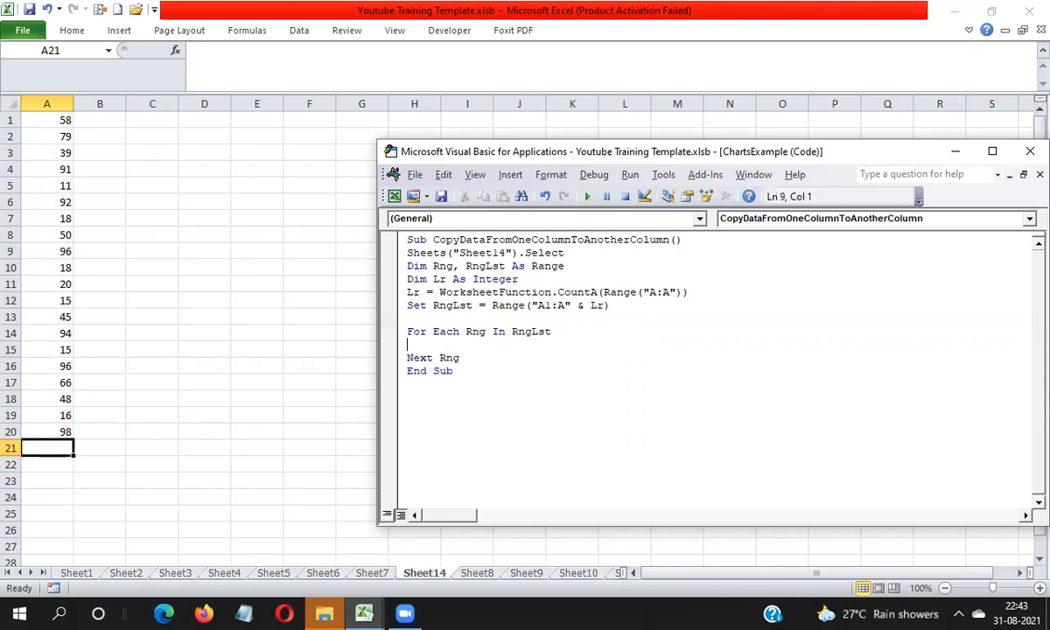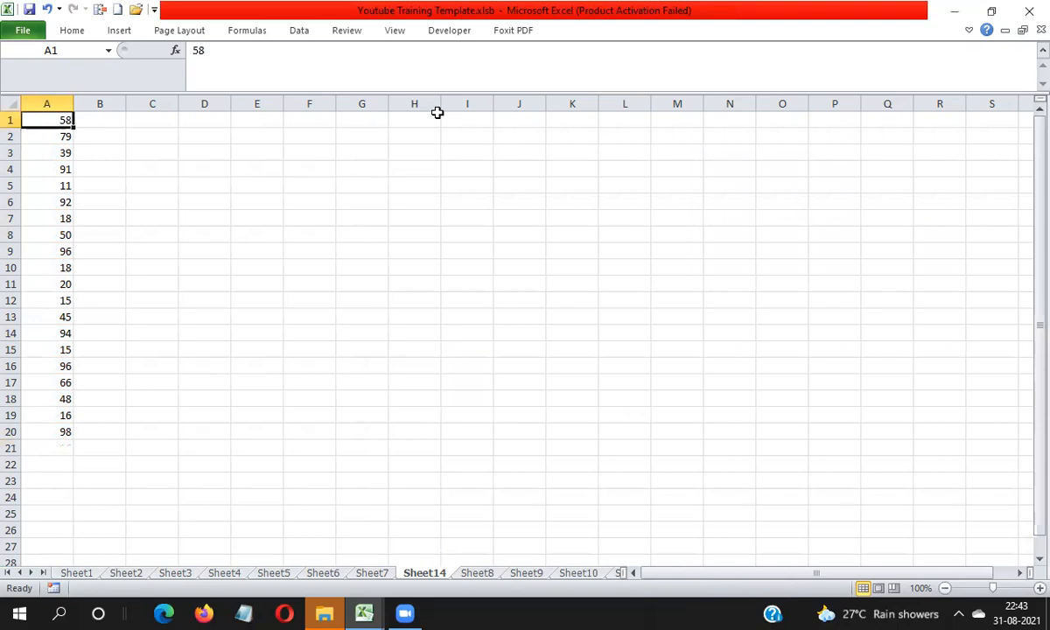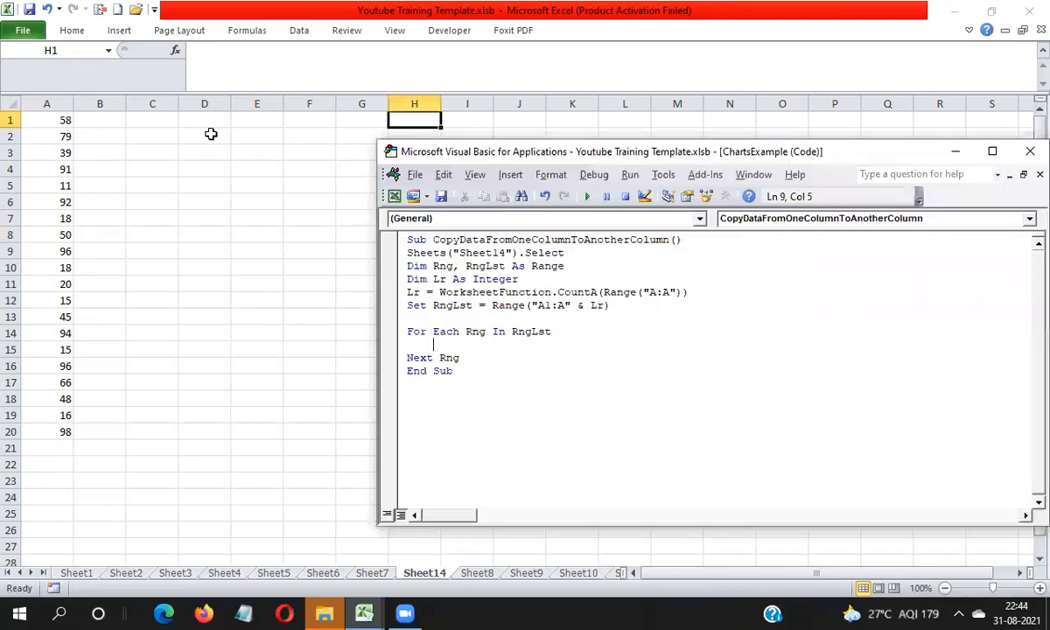Next, in between the loop, you have to write the code to copy the data. I need to copy this data into the H column, so I need to use Offset here. This is the active cell. From the active cell, I need to move 1, 2, 3, 4, 5, 6, 7 columns. After moving 7 columns, I have to make a copy of this data. So RNG dot Offset